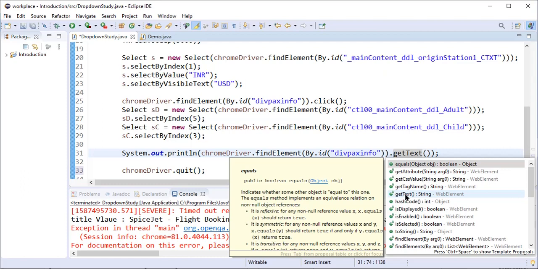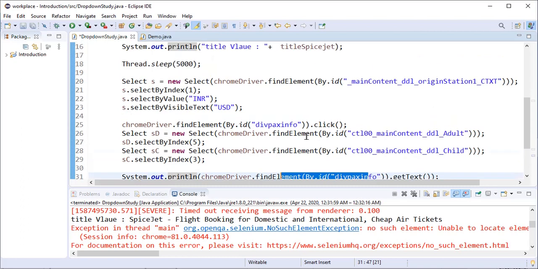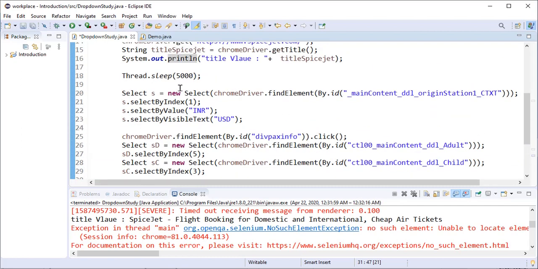where is the get text? Okay, over here. So get text return type will be string. So it will be returning the string, and we are printing that string over here. So whatever content is inside this web element, it will get printed. Okay. So working on this